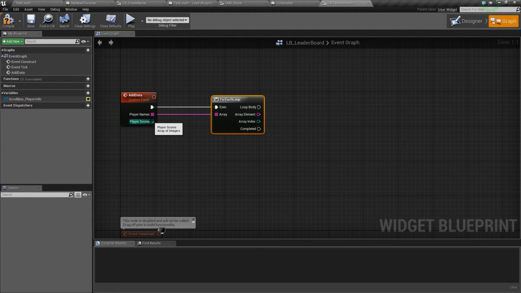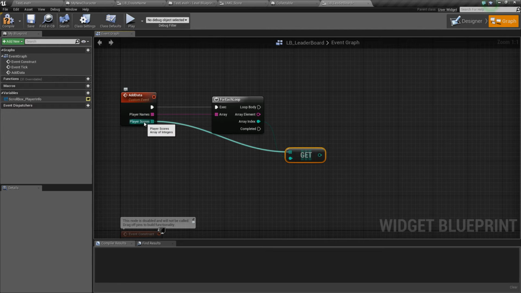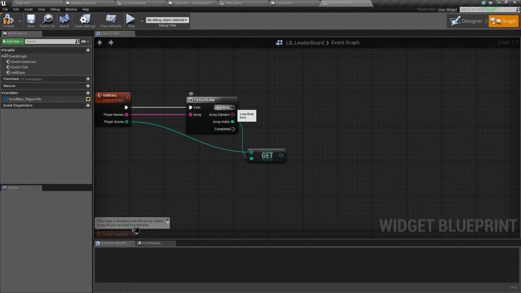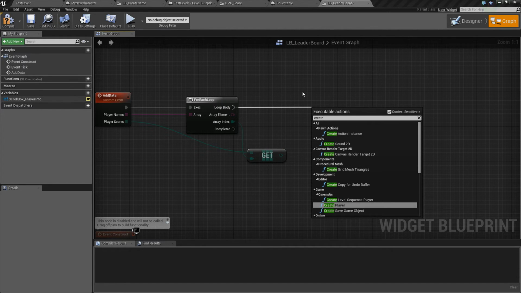And what we can do with that index is get from this player scores here, we could get the relative index. So this name has an index inside this array, and in this array of scores you'll be able to get the same index, which basically means element 0 has a name, element 0 from the get scores, which is in here now, will also have a number, and they'll be the same player, right? So once you've done that, you'll want to create a new widget,